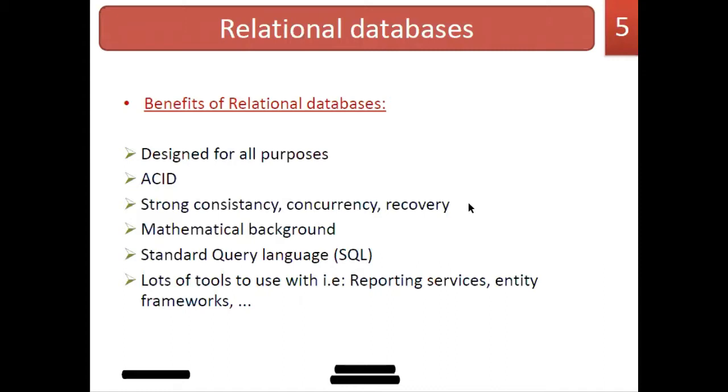At the same time, different types of joins can also be performed. The basic ones are inner join and outer join. Maybe you would have studied what a theta join, equi join, and natural join are, and also the left outer join, right outer join, and full outer join. Those concepts you would have studied already. These are the backbone and main features you can avail from relational databases.